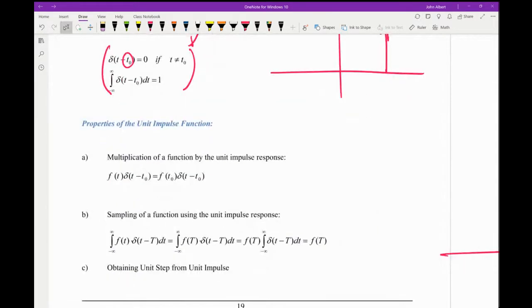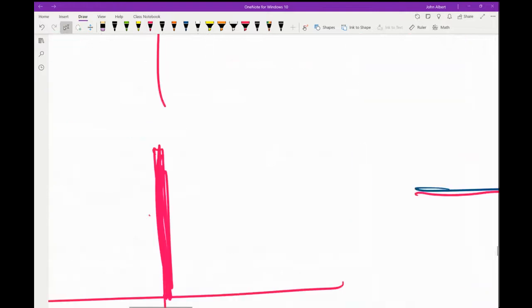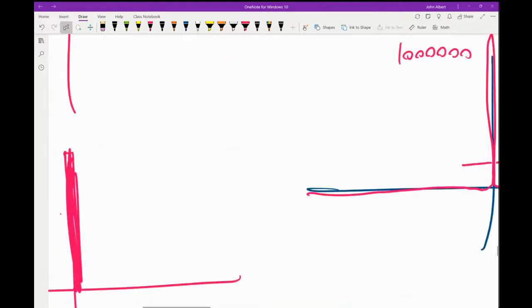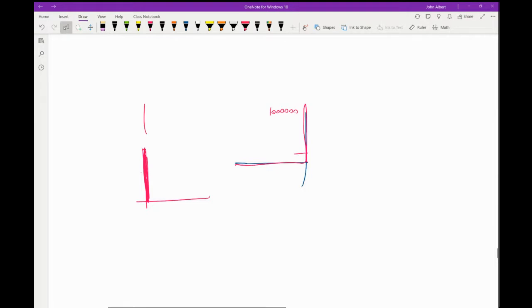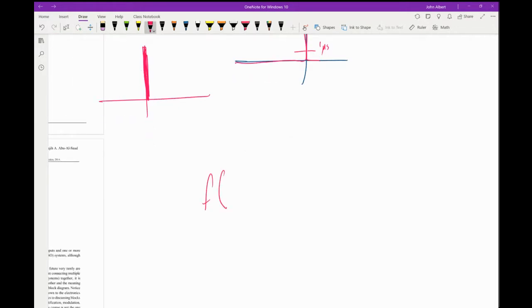And I want you to be open-minded here because the properties may not seem to be very clear. And in fact, I don't want you to see the answer because I want to discuss them. The first property says the following. Let me ask you this. If I have f of t, any function f of t, whatever, sine, cosine, whatever, any function, and you multiply it by